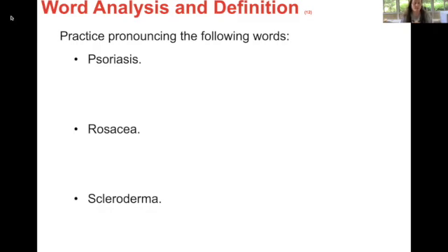Smartest option, just go to your textbook, look it up in the back. There's a glossary and it has pronunciations in there. That is a super easy way to do it. You can also Google the word and then ask it to pronounce it. A lot of times it will get it right, but it will not always 100% get it right. So I would start with looking in the back of your book for the pronunciation